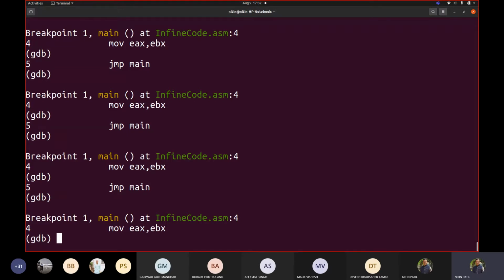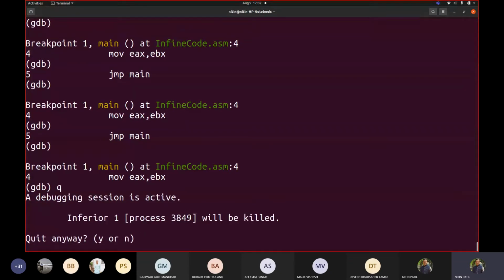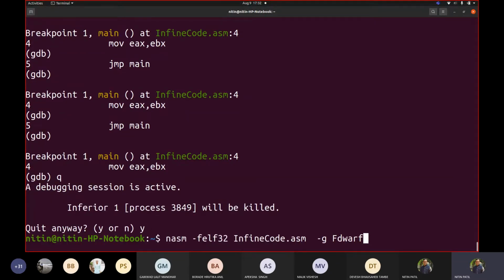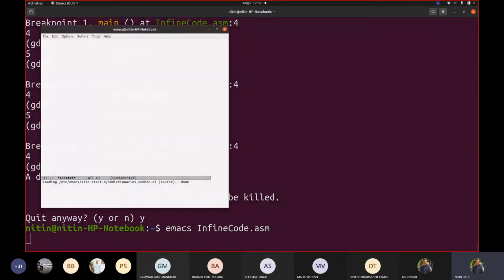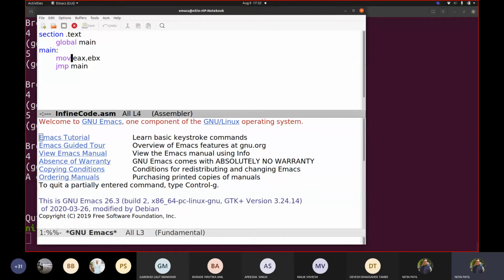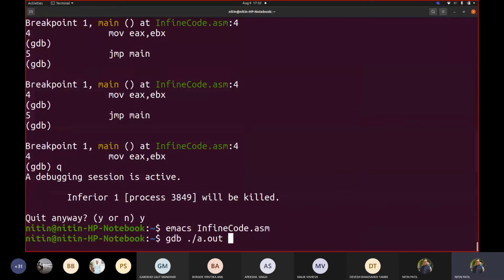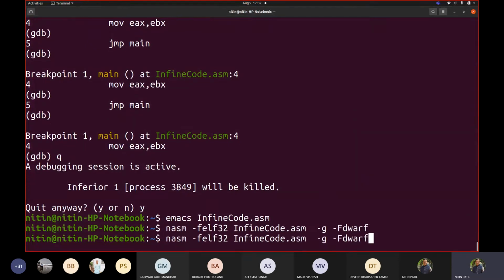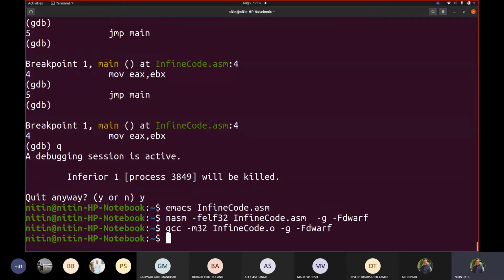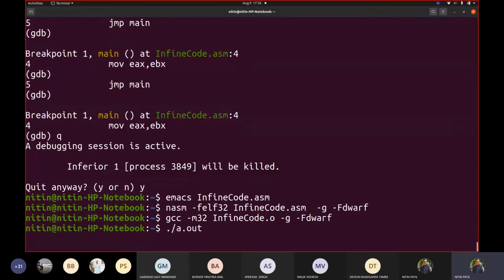But if it is something like add, then it can come out of that loop. So if I make the change here and simply replace this with add, let us try to assemble it. If I execute it, at one point of time let us see where it stops. So the processing actually is carried out. It's already done at that end.